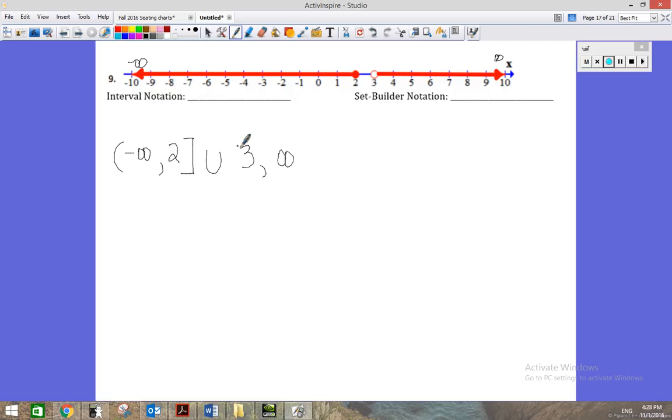This is a hollow dot, so I am going to exclude the number. The number 3 is not part of the shaded region. It is not in my set of interest. And infinity is not a number, so I can't include it in my set, so I need an open parenthesis there. To describe the same set of numbers using set builder notation, I have the set of all numbers x,